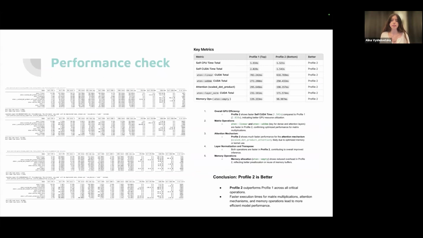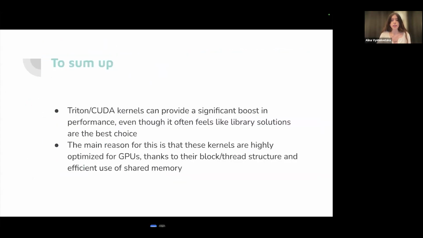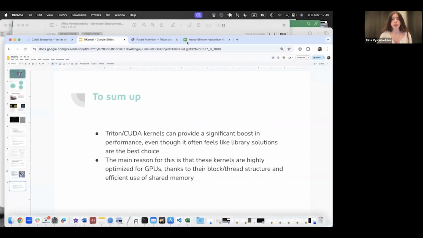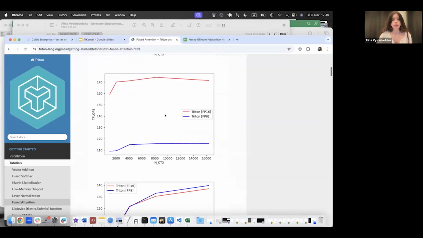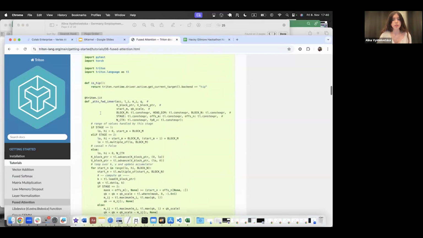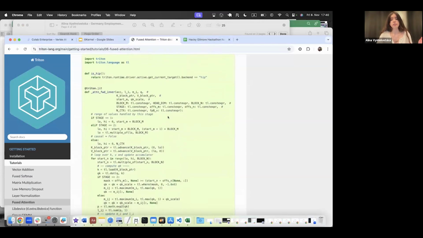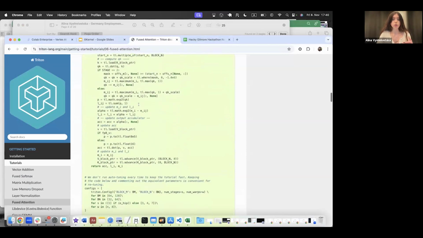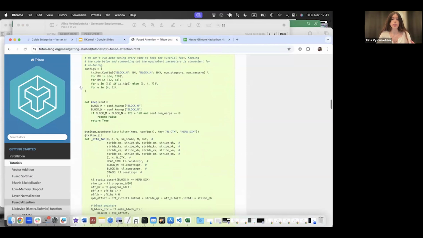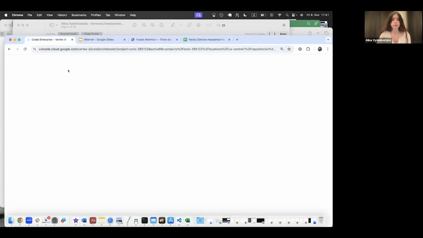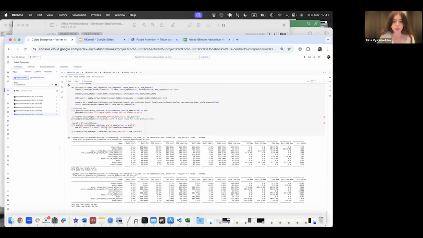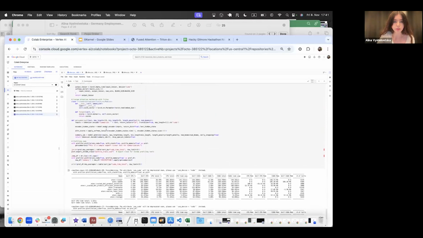I had a PyTorch solution as a baseline. And I just wanted to show you very quickly this fused attention. It's like flash attention in Triton. The code looks fine. The only thing is these blocks and threads, and you can see them here, but you cannot go deep down into C++. And this is actually my notebook in the Octo environment.